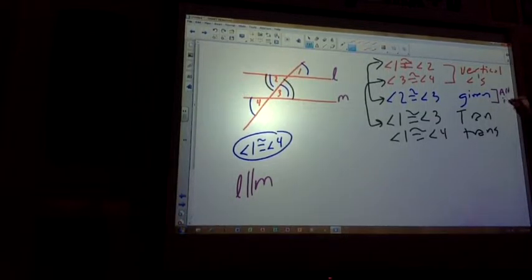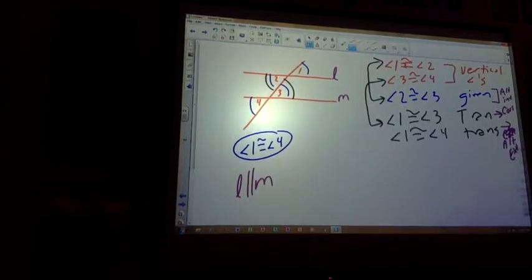That's alternate interior. Now let's say you didn't see alternate interior right there. Could I prove it here? Why? Corresponding. Could I have proven it here? Yeah, corresponding or alternate exterior, right? Okay, so